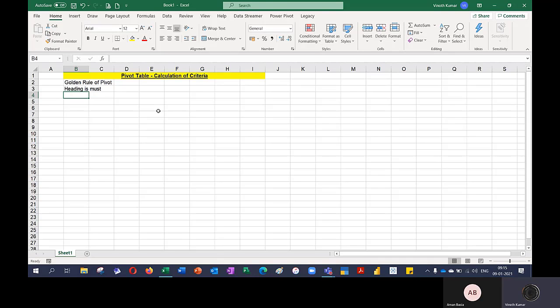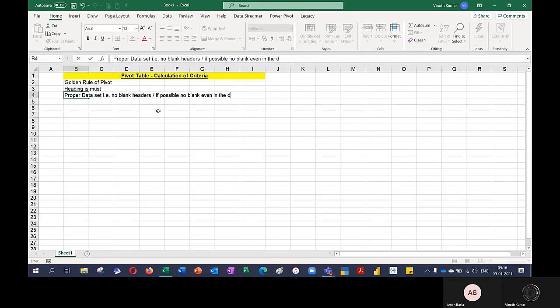And the next thing I will keep in mind is that I need a proper data set. What do you mean by a proper data set? No blanks here in the pivot table, and if possible, no blanks even in the data. But no blanks in the data is a little over enthusiastic or over ambitious to ask, because if my data has nothing in it, or on a particular day I don't have a sale at all,